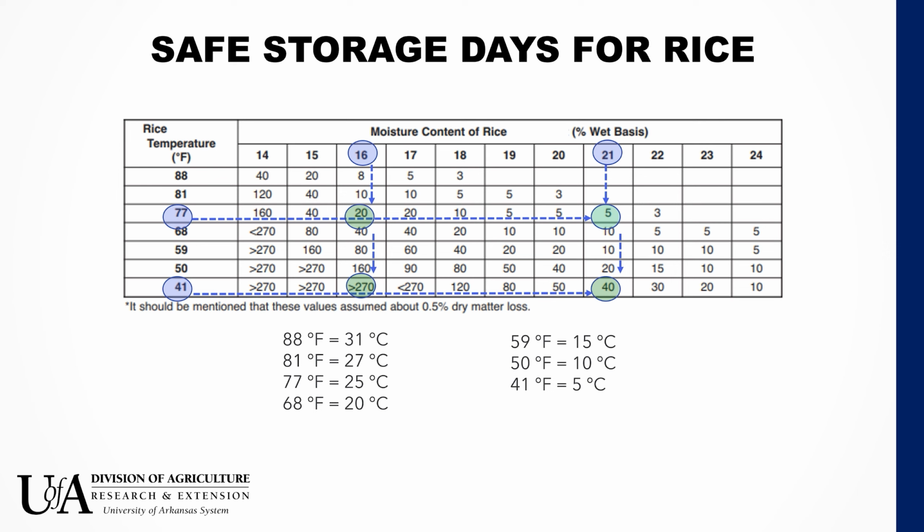If that rice came in at 16% moisture content, or if we are able to dry it immediately to 16% moisture content, we have quite some room, about 20 days before we see significant deterioration below